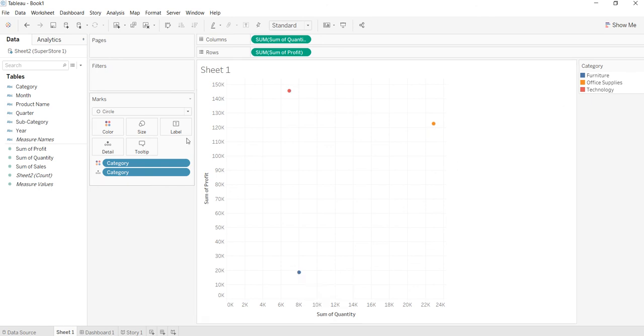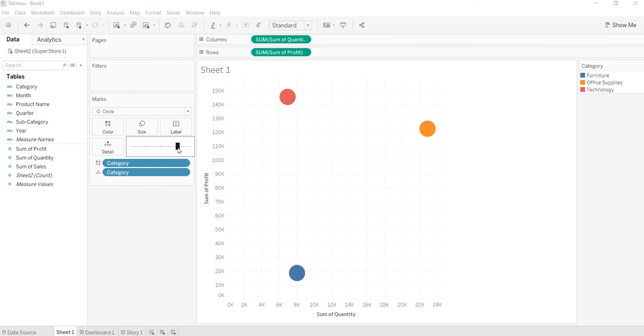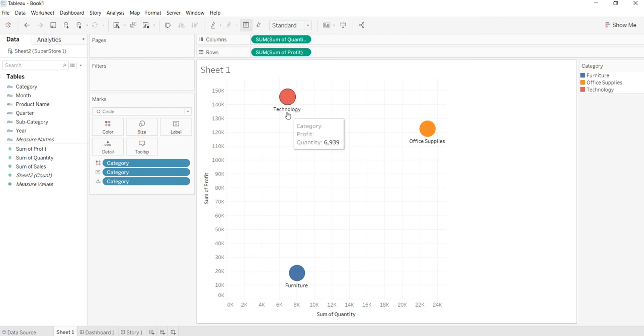Now if I navigate to the size button and click on this, I can change the size of these marks. If I increase the size, you see that the size of the circle becomes bigger. And now label: if I drag the category dimension onto the label, I see that for each of these marks, I see the name of the category along with it.